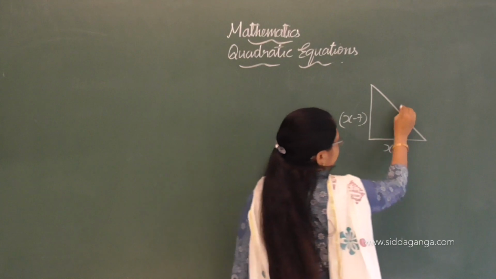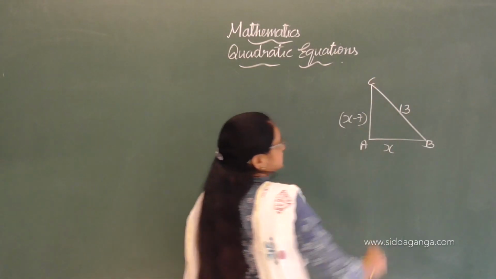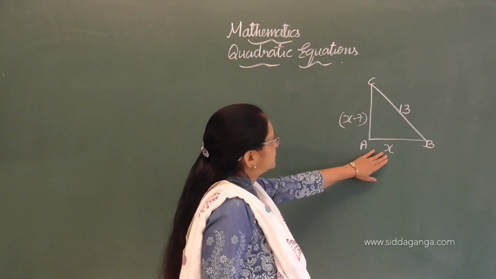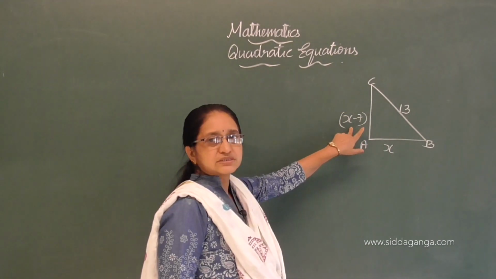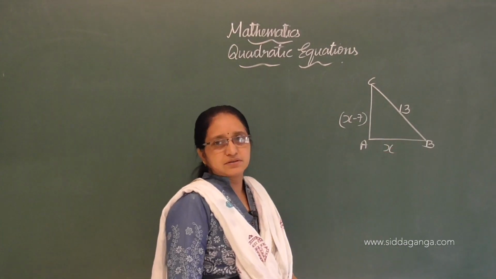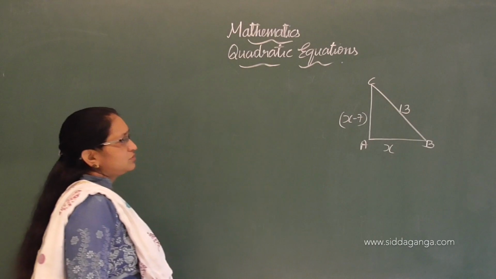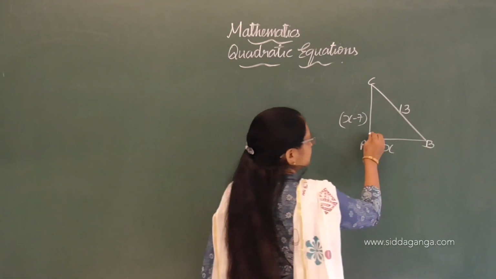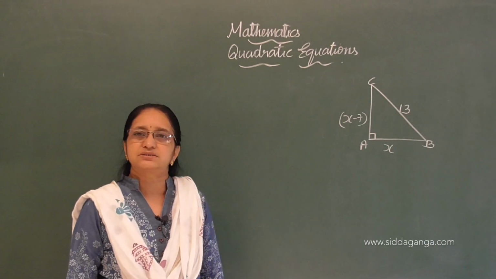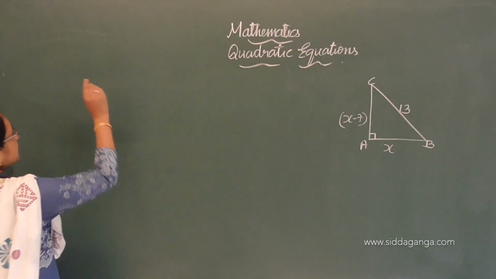Then hypotenuse they have given, that is 13 centimeter. Okay. So, ABC is a right angle triangle, and if you take base as x, height will be 7 less than the base, and hypotenuse they have given. You have to find out these two sides. Okay. You all know right angle triangle, to find out the side, you have learnt from the lower classes, you have to put Pythagoras theorem. Okay. Now let us start like this.